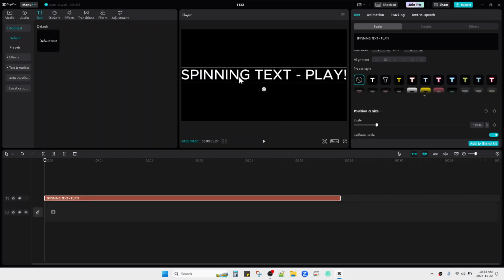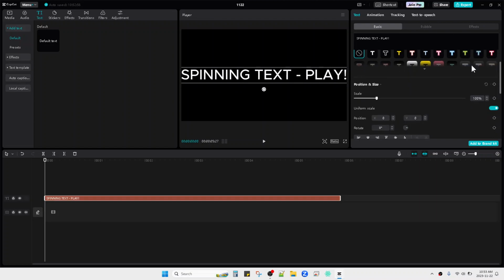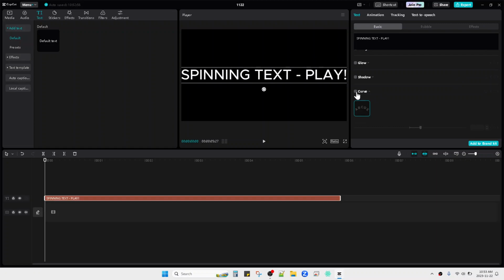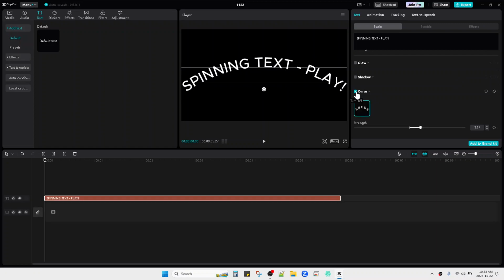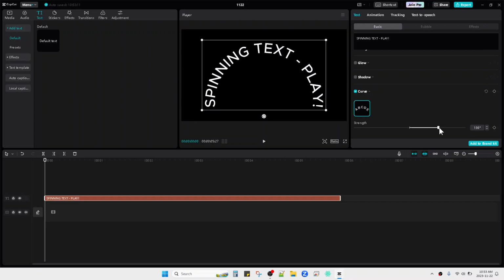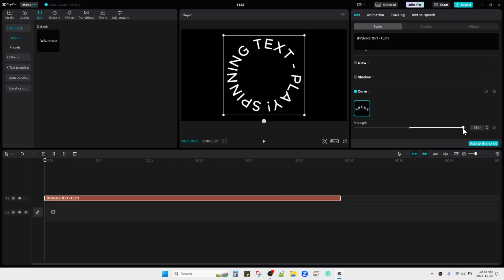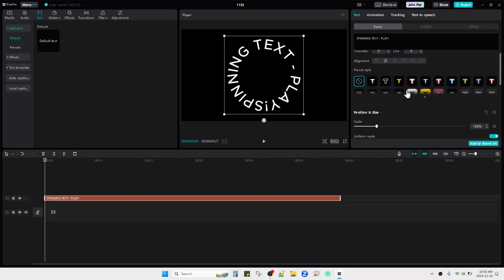Now what you have to do is bend this text. So you scroll down on the right panel here until you find this curve. So you're able to bend this text into some curve angle. I'll make it 360 to make it like a circle. So it's already a circle, and then you scroll up until you find the